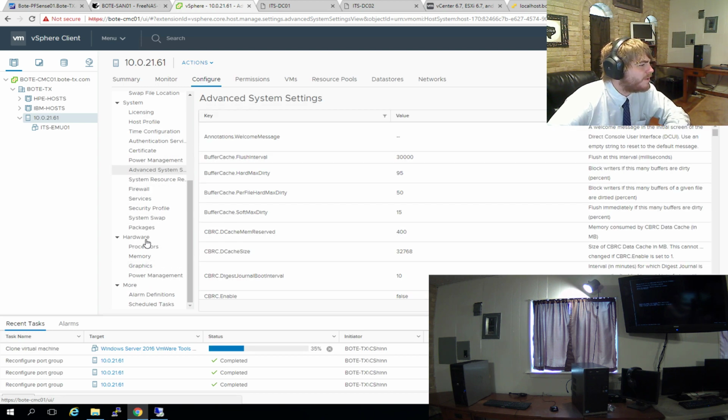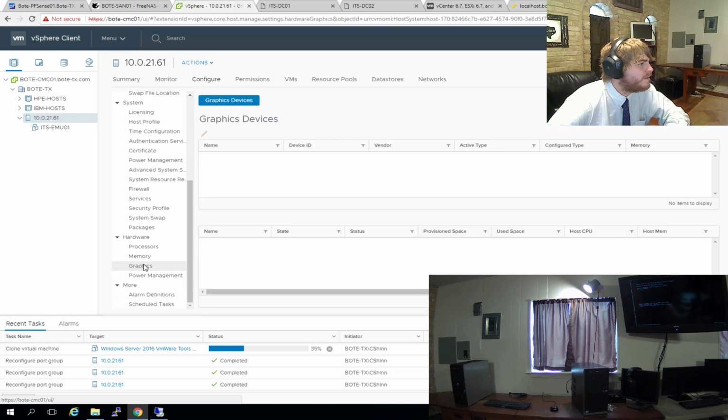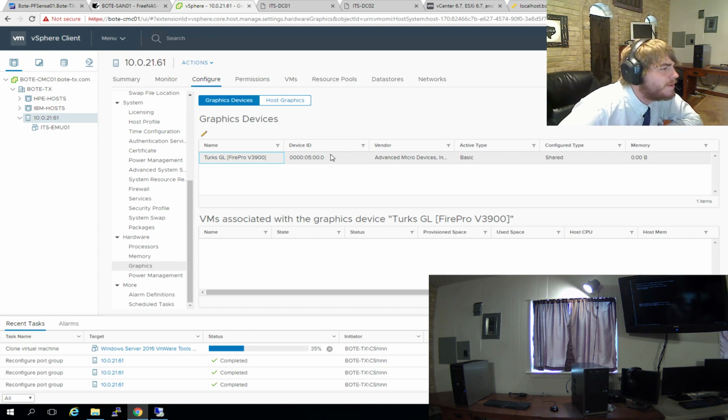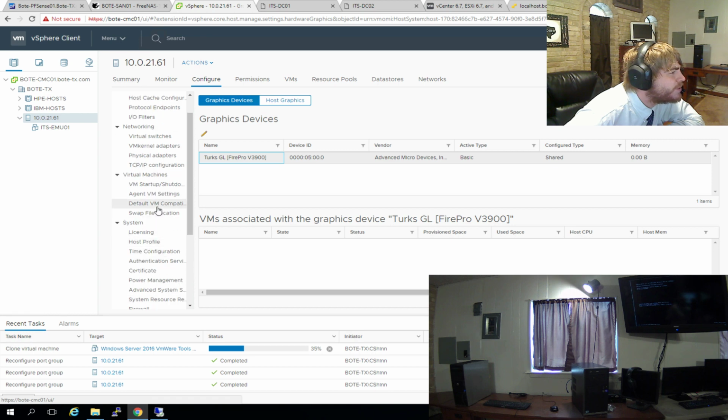We're going to need to go down here to hardware. Let's go to graphics. And if you notice, look, we've got our graphics modulator here. Graphics modulator, GPU device, whatever you want to call it. I'm just excited we're getting this close to it. So I could do shared graphics. I personally don't want to, so I'm probably actually going to go to,